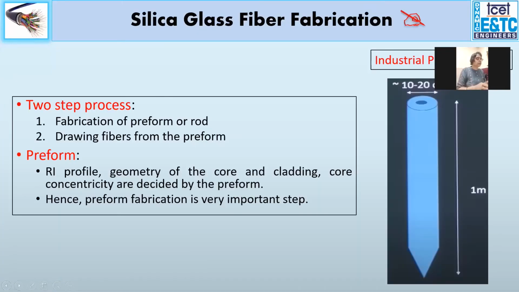So in the last class, we started with the fabrication process, and we saw how in an industry environment your fiber is fabricated. You came across a few terms which I defined for you, one was preform. So what is preform? It is a solid glass layer. You can say a glass rod like this, which has a core material and a cladding also. So it is, you can say, a thick form of it.